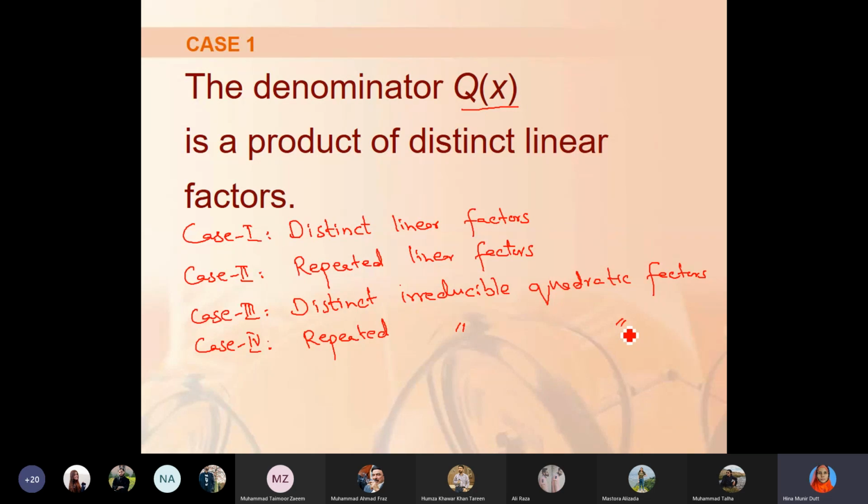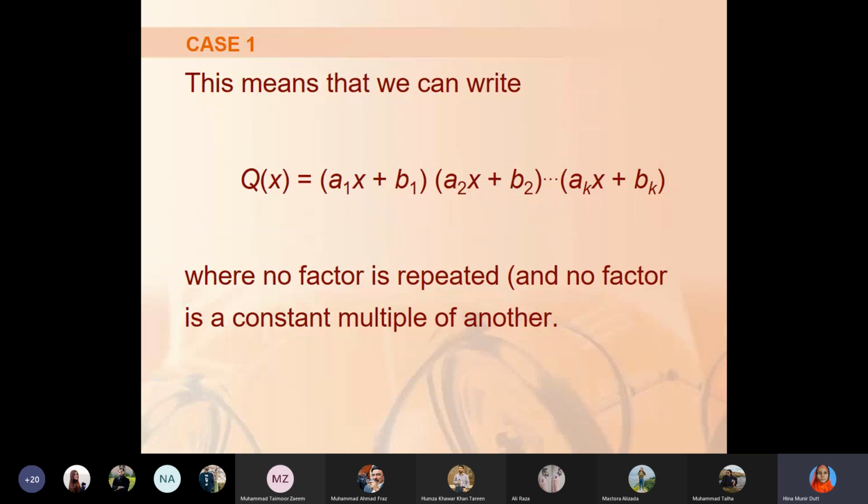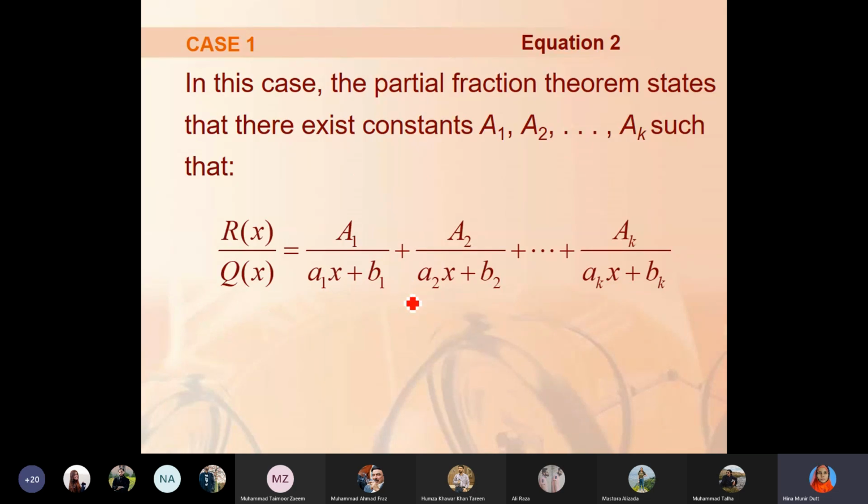Case 1 is the distinct linear factors. That is, I have this case. I am writing it in a general way. Obviously, I will have some values for a1, b1, a2, b2, and b3. So for distinct linear factors, I have to write some unknown a1 for the first linear factor plus some unknown